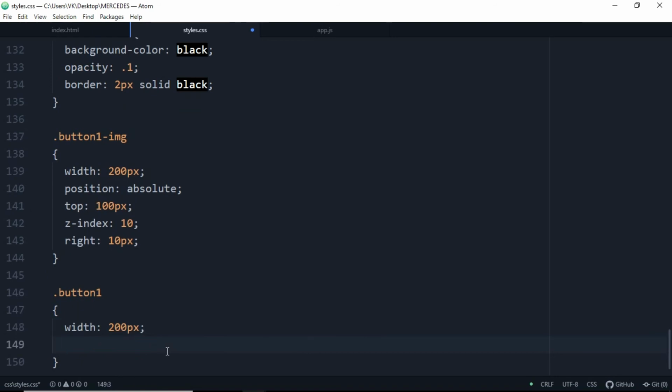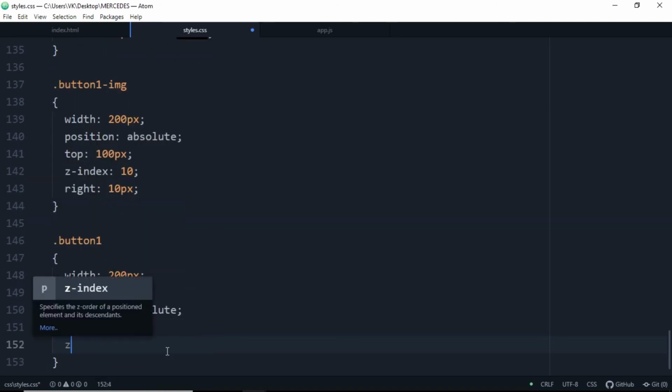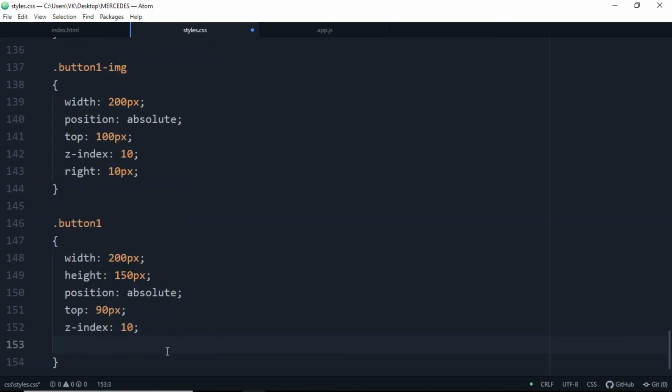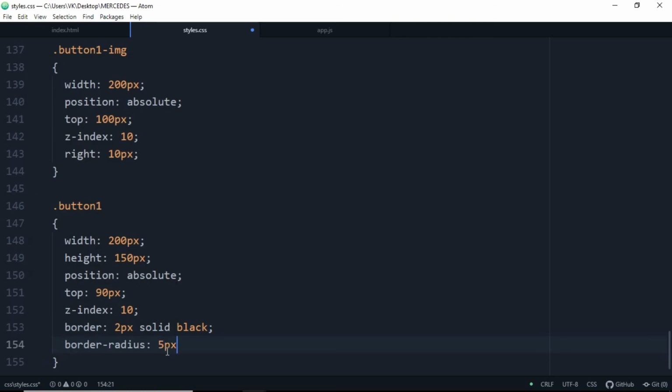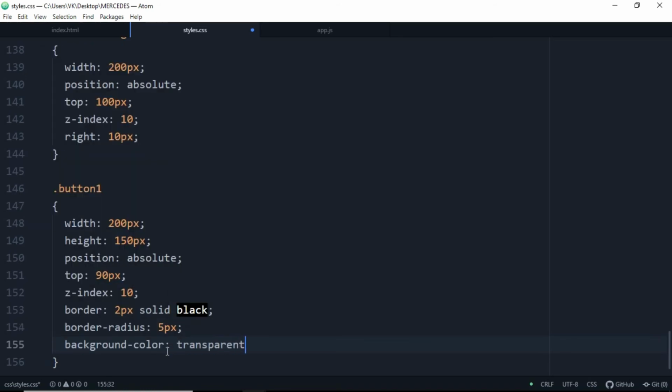Add width to it, that is 200 pixels, height to it, that is 150 pixels, position will be absolute. From top it will be 90 pixels, Z index will be 10, border, let's make it 2 pixels solid black. Border radius will be 5 pixels and background color will be transparent.